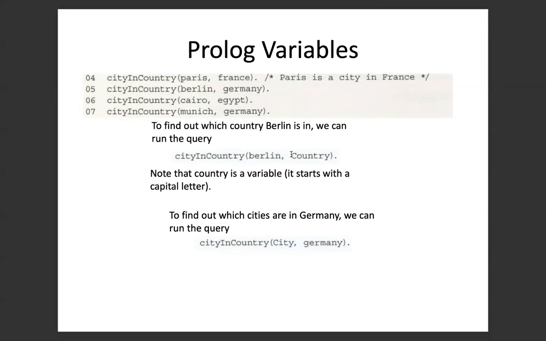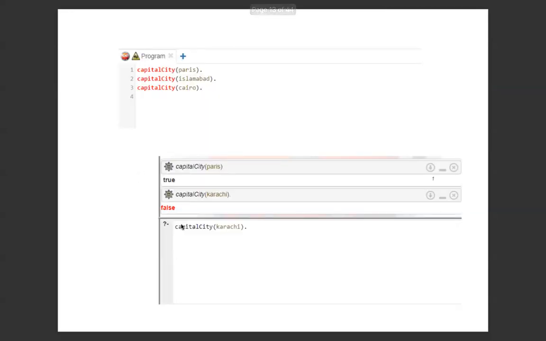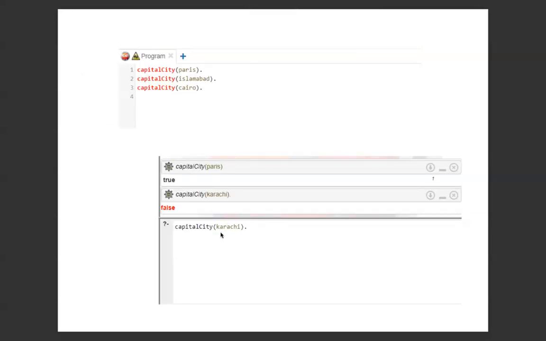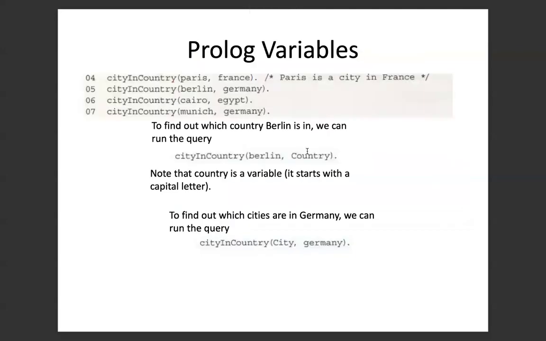Now, how do I know that? It is because the word Country is starting with a capital letter. Basically, this query is different because now it won't be resulting in a true or false term. It was true or false when my query did not have any variables in it. But now since my query has a variable in it, it will require instantiation and backtracking to determine what country Berlin is belonging to. Instantiation and backtracking we'll be looking into in a bit, but essentially what's happening here